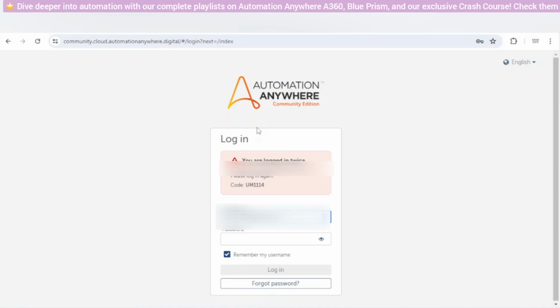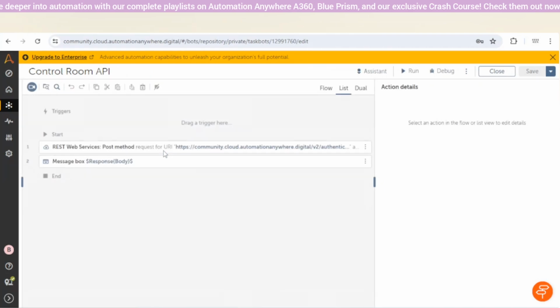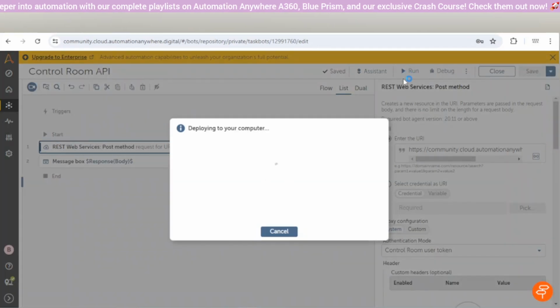Let me log in again into this control room, and this time I am using the credentials of my friend for authentication. But in this control room, I have logged in with my credentials. So now we are using two different credentials, so it should not terminate my session which is open in this browser.